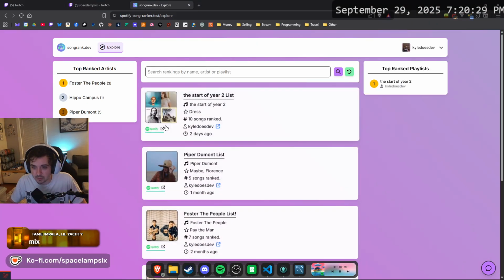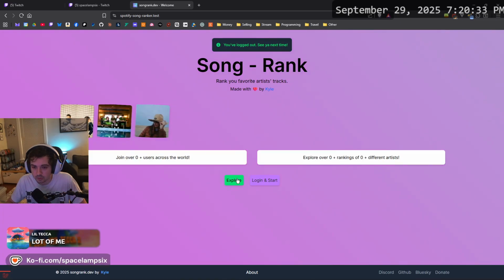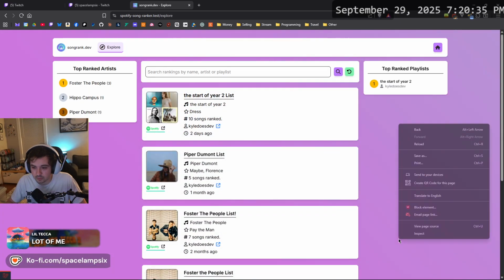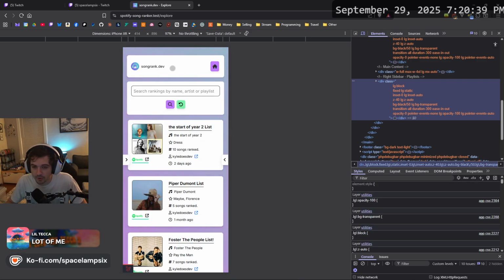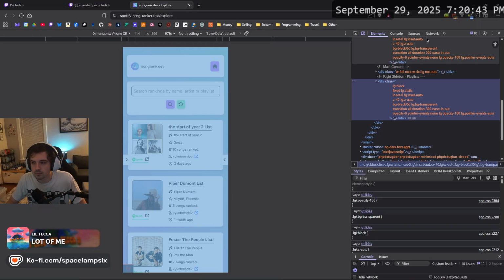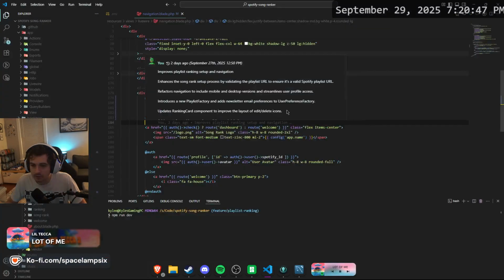There. So now if I'm not logged in, so if I log out here, go to Explore. Good. I don't have that anymore, and that just slid over. That's perfect. And honestly, we probably don't need that home button.